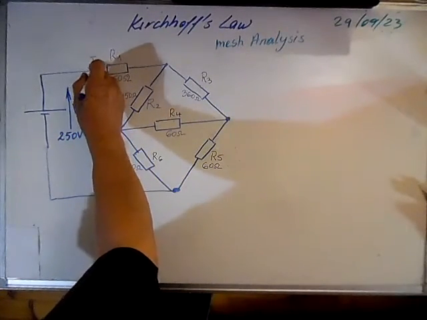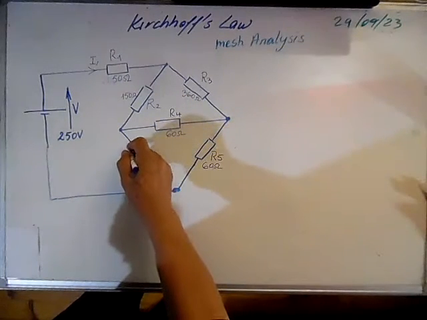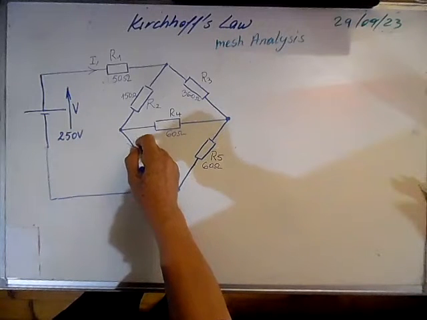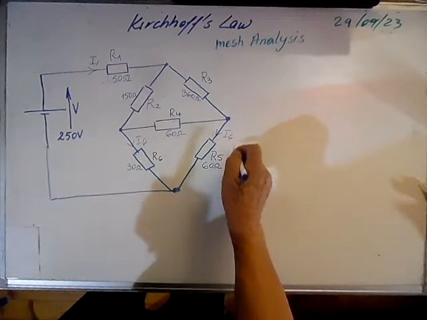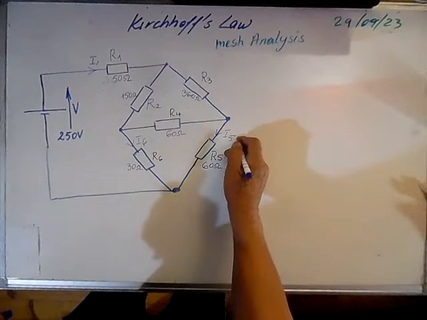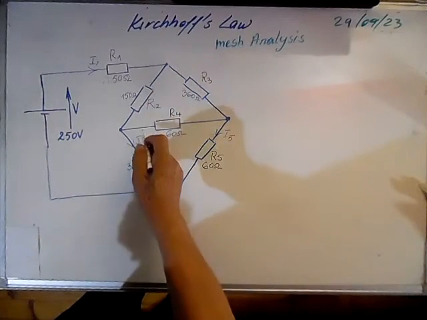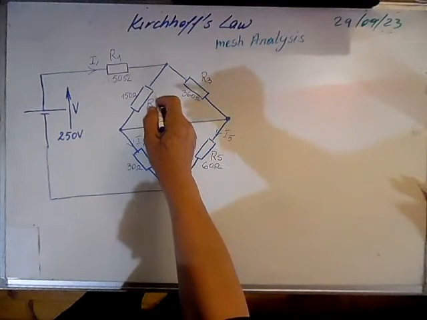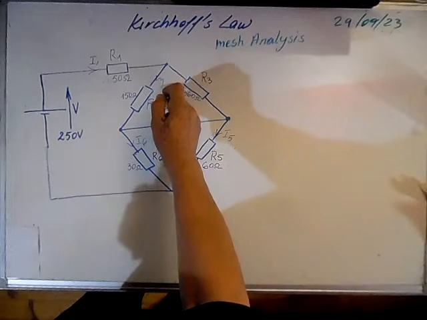Once we had I1, we calculated I6 and I5 using the current divider, and then we calculated the drop here and a voltage drop, and then we calculated I2,